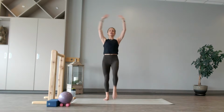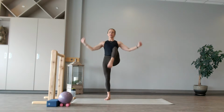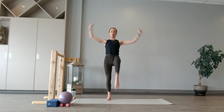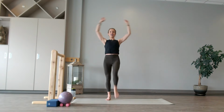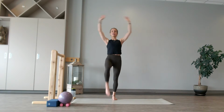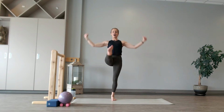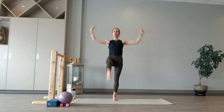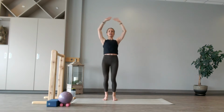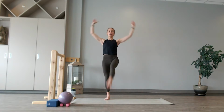Now, as you're bringing those arms down along the sides of your body, I want you to make sure that you're really working the lats, the sides of your waist. Good, in 4, 3, 2, let's find some straight leg kicks, take them out, out, out, really good. Now what you want to do here is avoid leaning forward, keep those shoulders stacked, core is tight for 4,